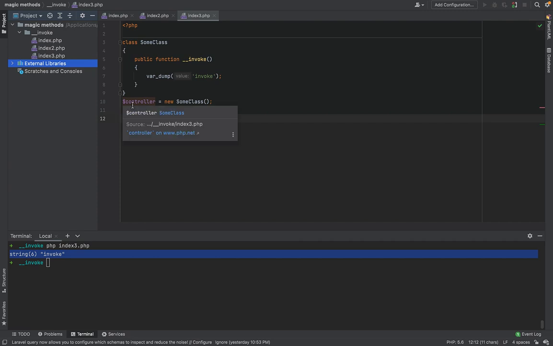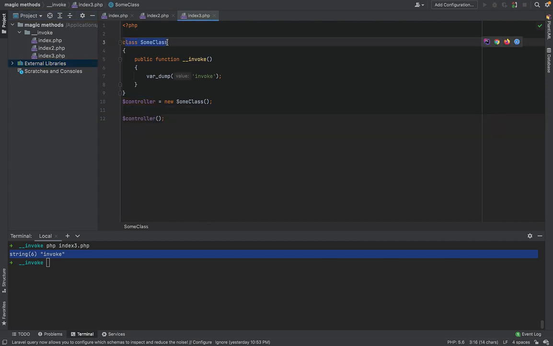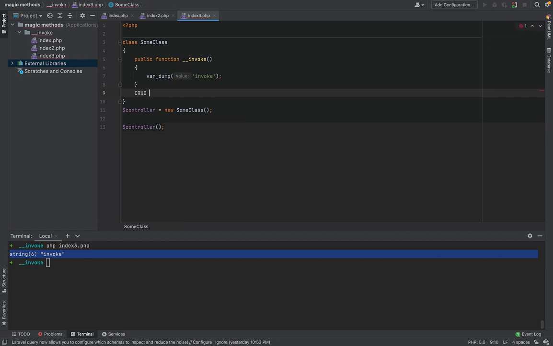For instance, you are following the solid principle and you have the single responsible controller or maybe class in which you have all the functionality inside one method. You're not following the CRUD maybe for index, show, update, or destroy, or maybe delete. You're not following that. If that's the case, the invoke method is the best practice for you.